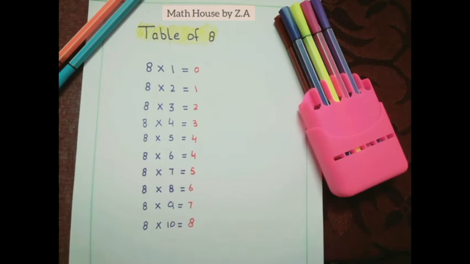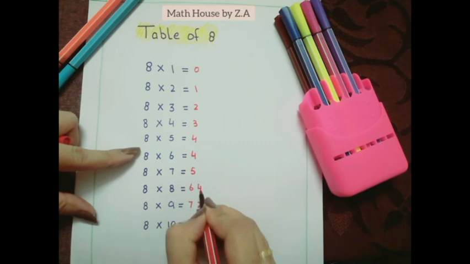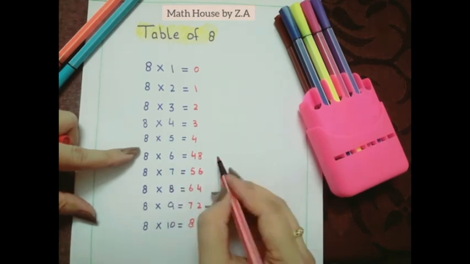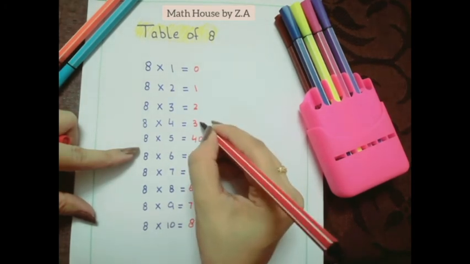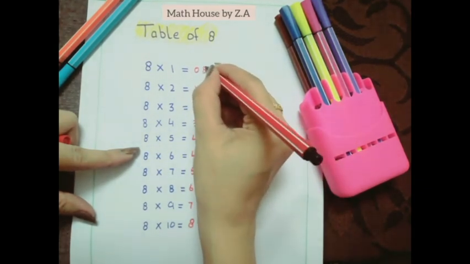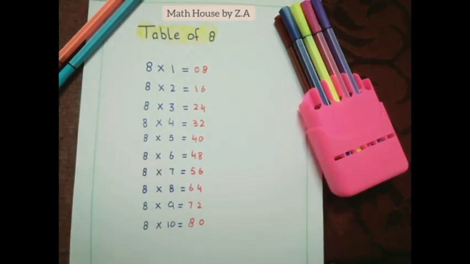So now what to do next? We have to write the table of 2 starting from 0 to 8, and when you reach the 8, repeat it again. So writing here 0, 2, 4, 6, 8 and now repeat the same digits again. So here 0, 2, 4, 6 and 8. That's it. This is the table of 8.